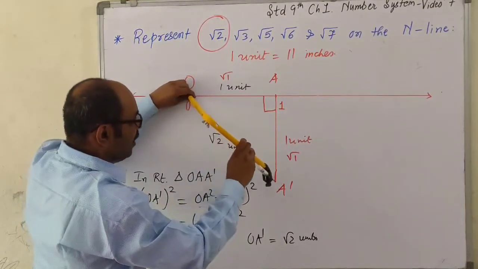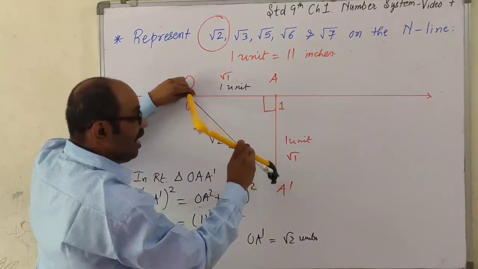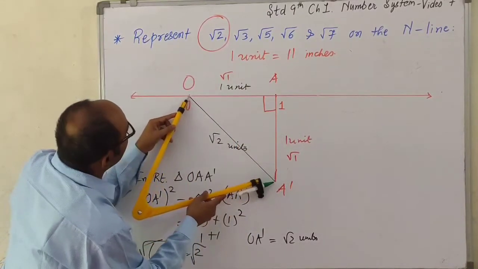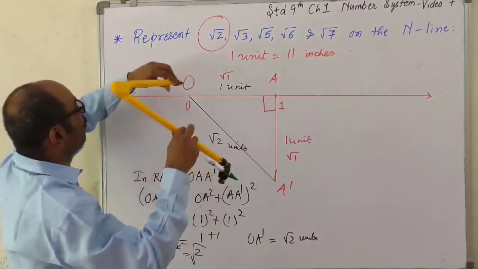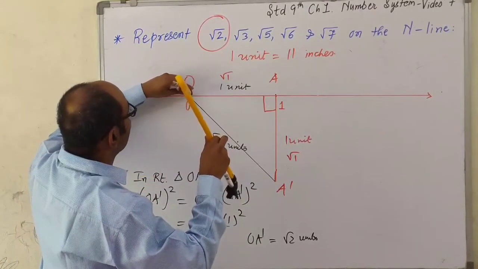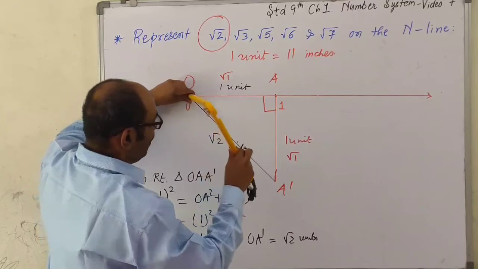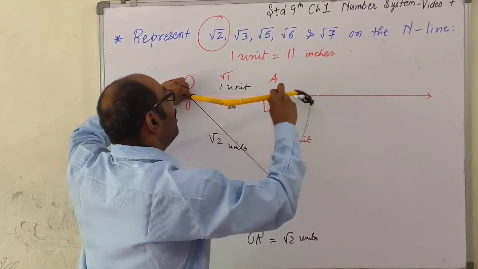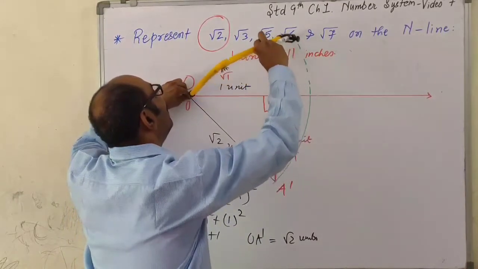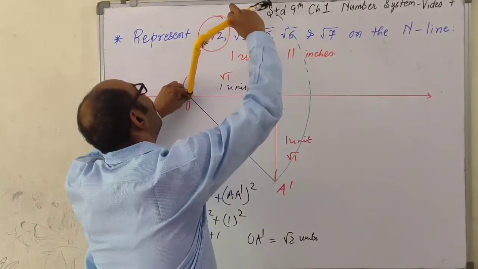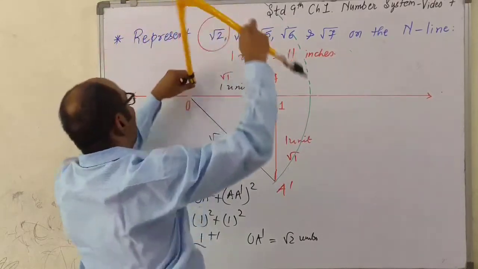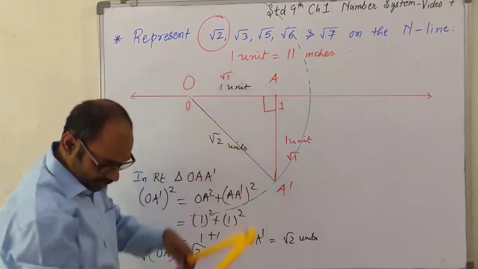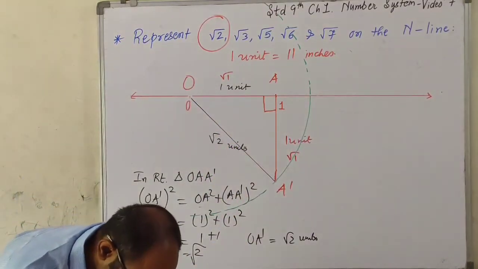Here. And this length. Alright. I have chosen the radius. How much is the radius? OA dash. Then what I am going to do? I am going to draw a circle. It is difficult for me. I can draw the circle on the other side also, children. Okay? Is the circle drawn?